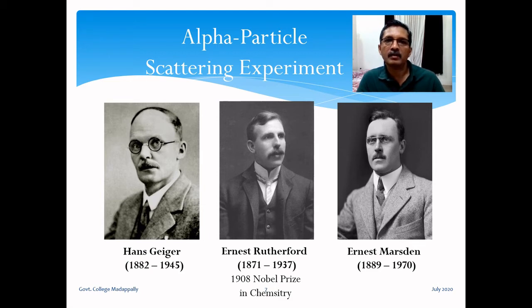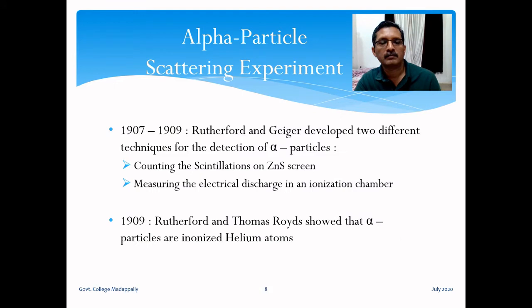Now here, from 1907 onwards, Rutherford was involved in a series of experiments which led to his greatest discovery. Rutherford's case is exceptional in the sense that his greatest discoveries came after he got a Nobel Prize, in this case a Nobel Prize in Chemistry. Between 1907 and 1909, in a 2-year period, Rutherford and Geiger developed two different techniques for the detection of alpha particles. First one was